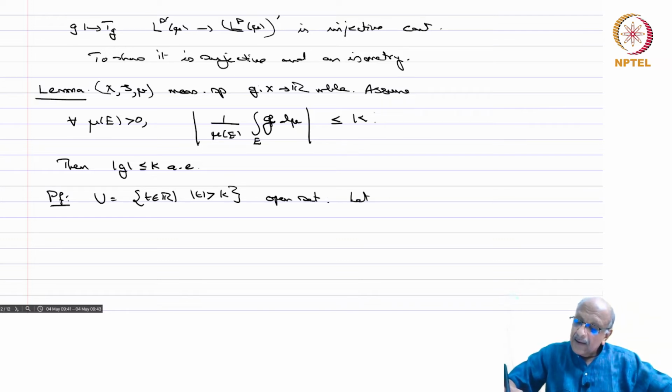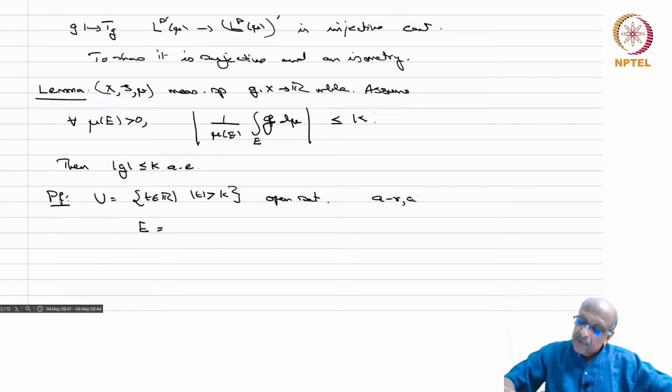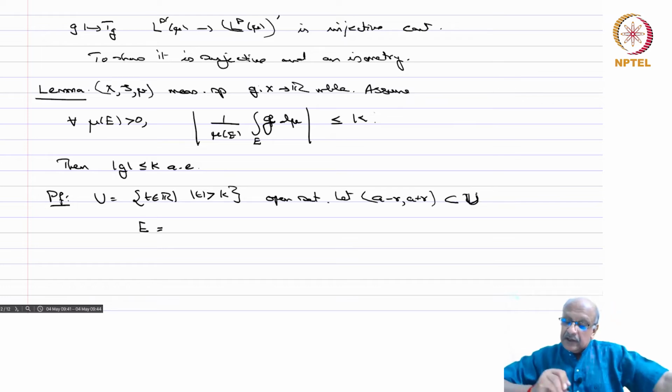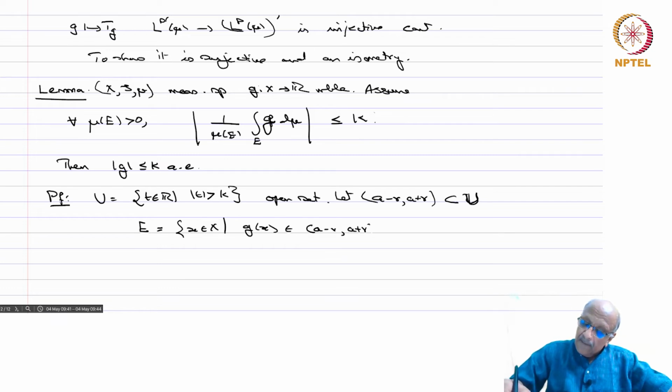Let A minus R, A plus R, be a finite interval contained in U. Let E equal the set of all x in X such that G x belongs to A minus R, A plus R. Okay. Now, if mu E is positive,